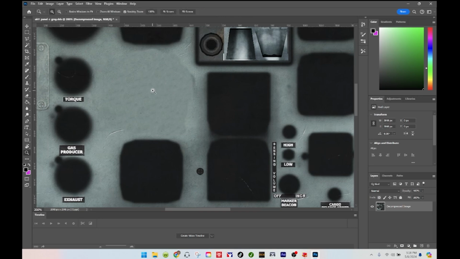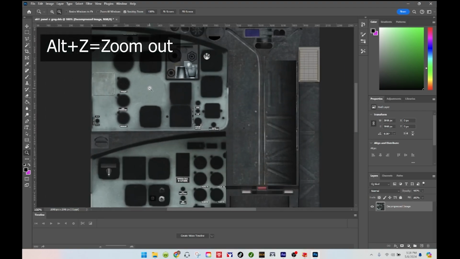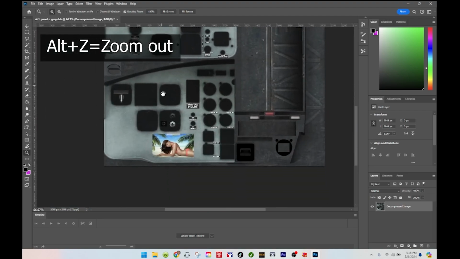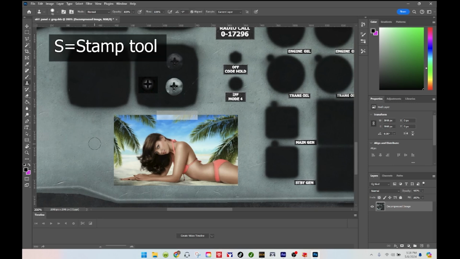To zoom out, you hit the Z key, the Alt, and then it turns that plus into a minus, and then I can zoom out. And let's do the same thing down here because I want to use that real estate right there to put my own images on. So back to the stamp tool, and I'm going to say I want to copy that area, and then I'm just going to